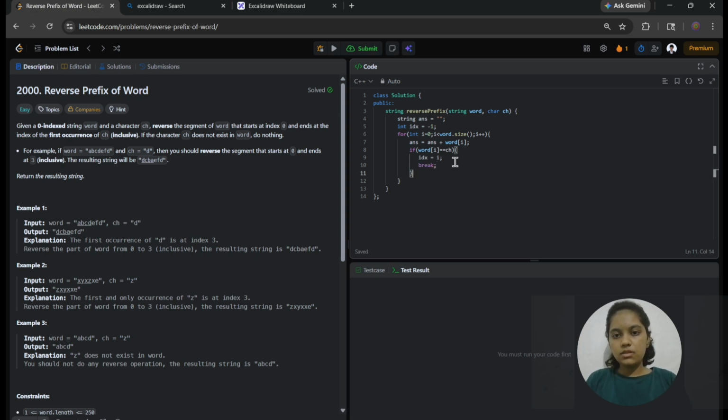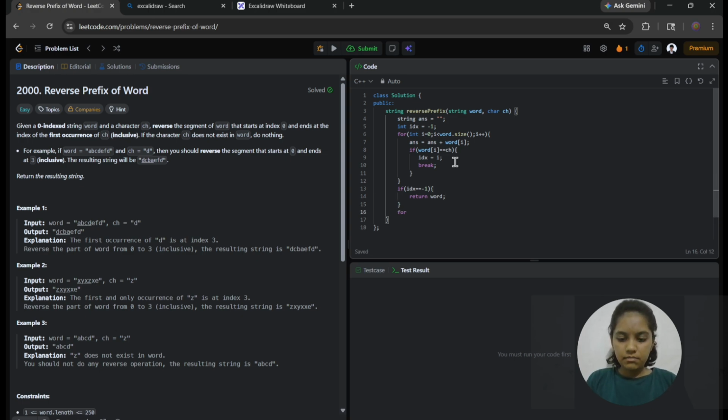So when index equals to I, the for loop ends. Now I have to check if index is equal to -1, then I have to return the word as it is, because the character is not found in our string.